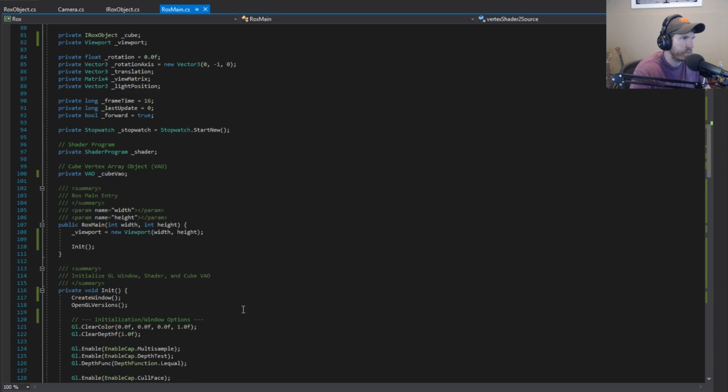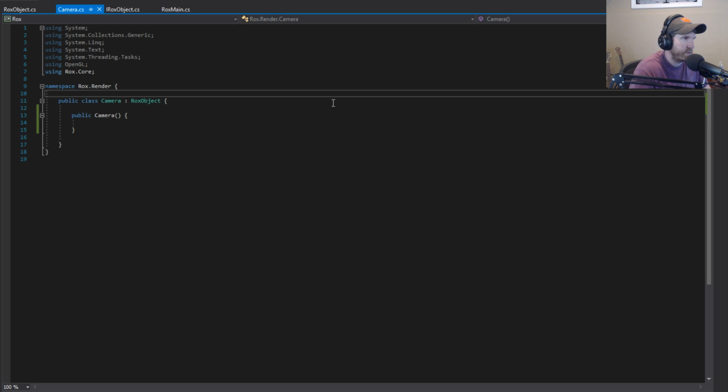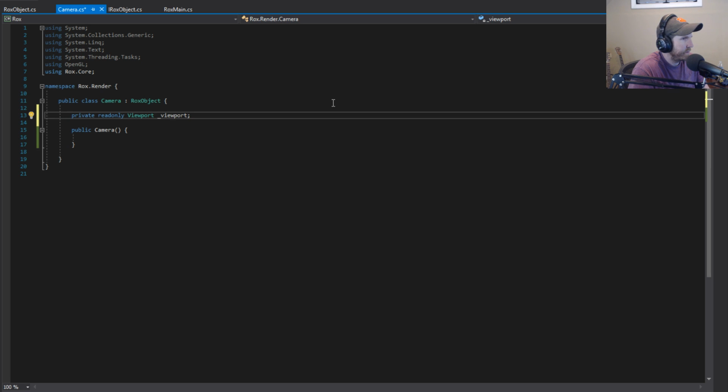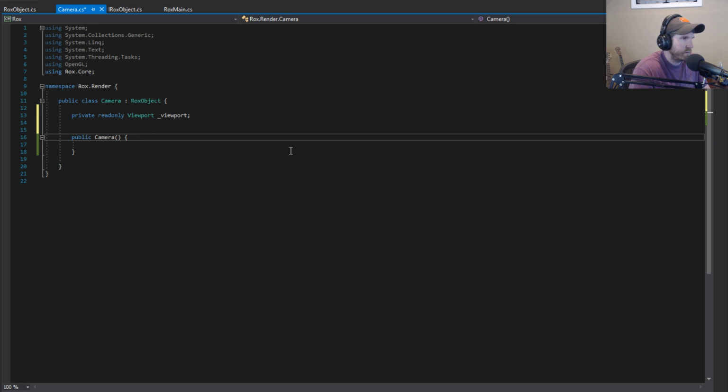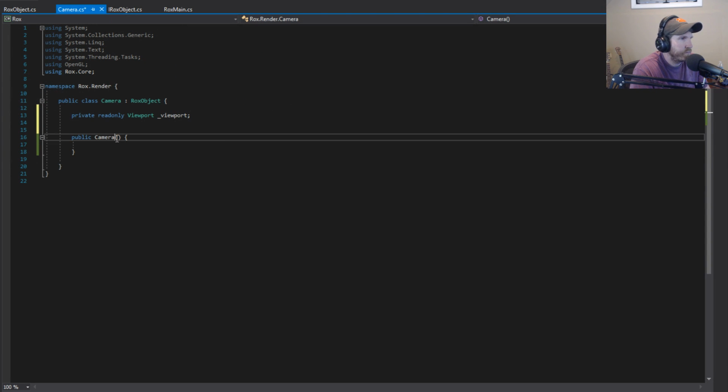Okay, so let's start piecing some of this out. So we have our camera. Now that we've created our viewport, technically, all right, if we need to make these interchangeable next time, we will. For our camera, we can probably, so at the minimum what we need is